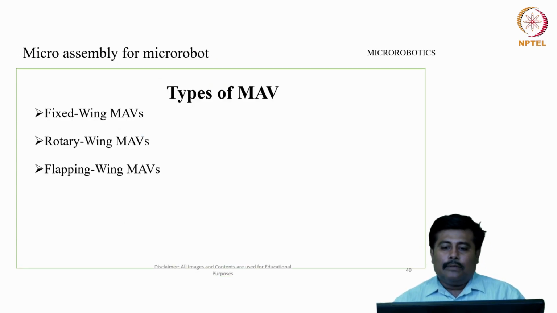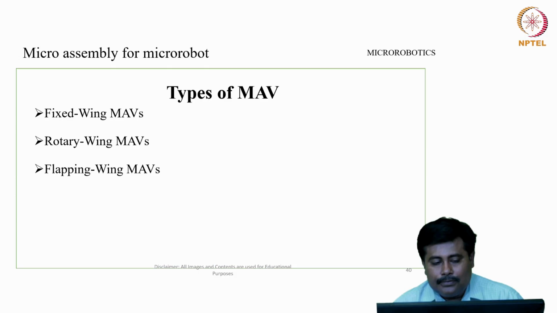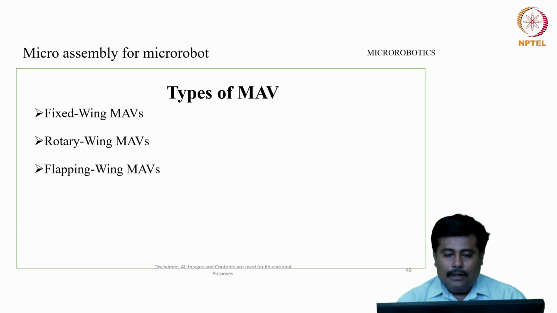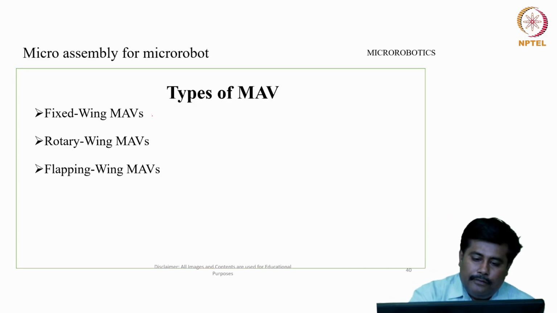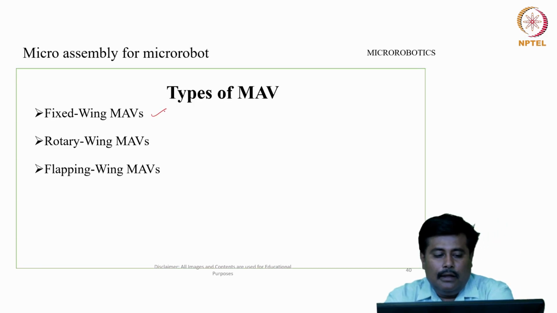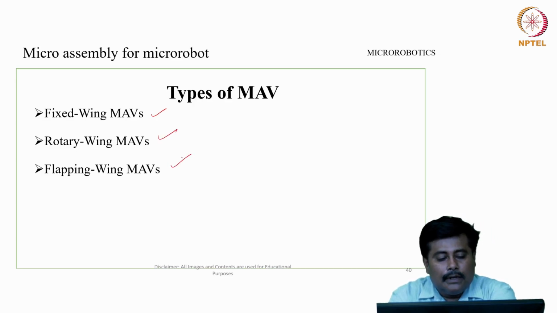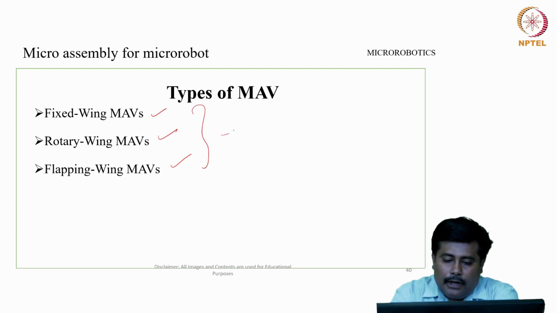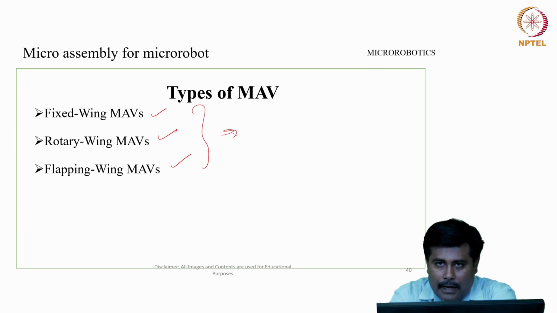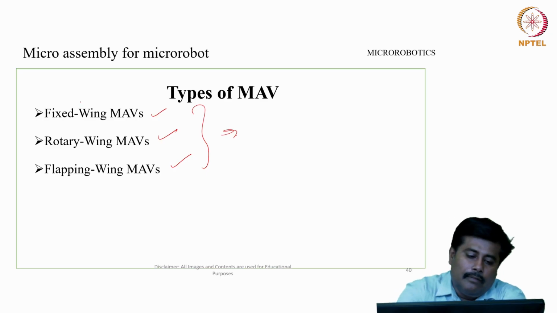Now let us discuss the different types of micro aerial vehicles. As far as the types are concerned, we can classify these micro aerial vehicles into three types. One is called a fixed wing micro aerial vehicle, another is called a rotary wing micro aerial vehicle, and the third is called a flapping wing micro aerial vehicle. So ideally, the entire classification of this micro aerial vehicle